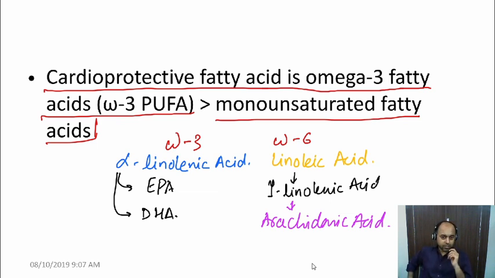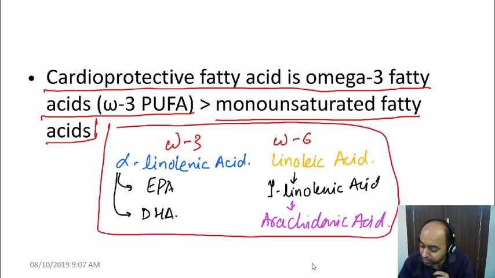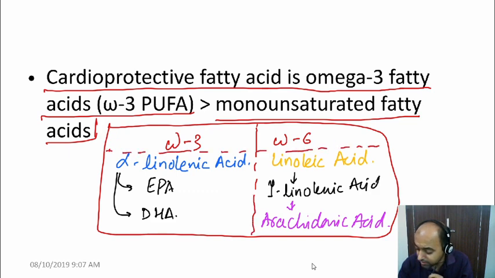So remember which are the omega 3 fatty acids and which are the omega 6 fatty acids. This question is very frequently asked. All of the following are omega 3 except, all the following are omega 6 except, which of the following is omega 3, which of the following is not an omega 3. So this question is asked repeatedly again and again. Therefore you should remember this list. Which of the fatty acids are omega 3, which are omega 6.